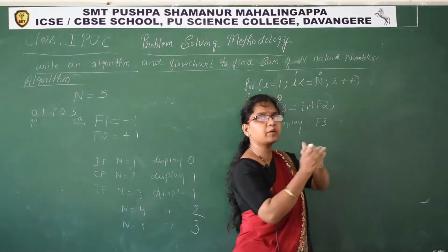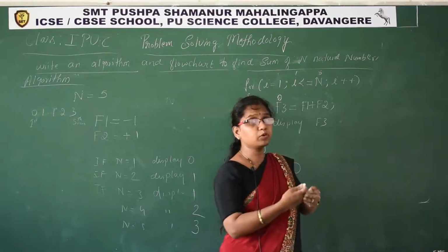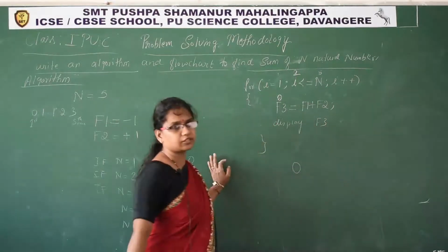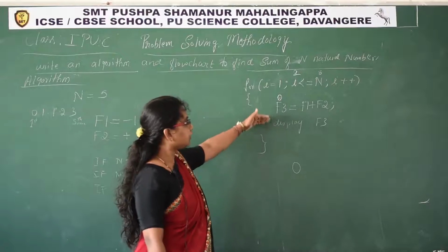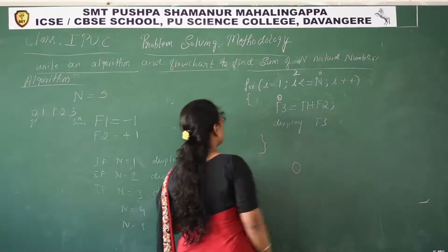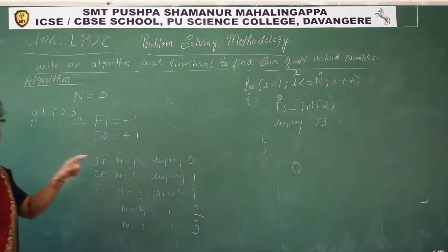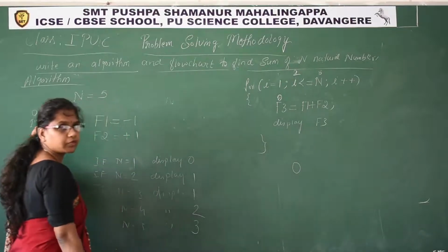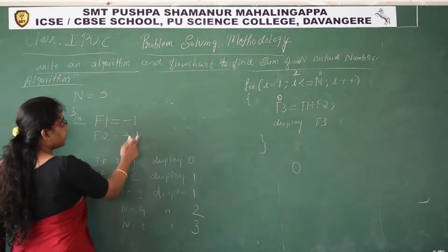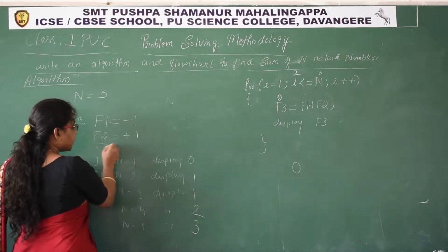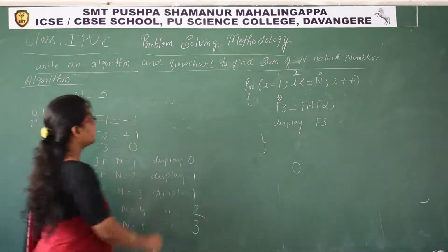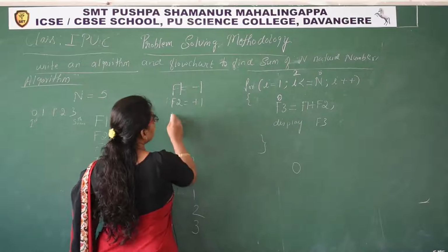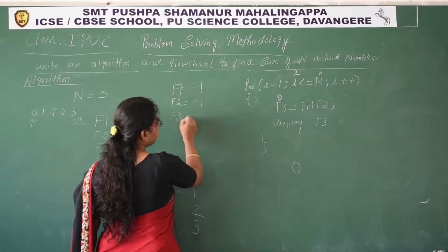I becomes 2. Now we need the second number, the second number has to be generated, the loop has to execute the second time, that's why I became 2. Now 2 less than 5, condition true. Now it enters. Now 0 number has been generated. Who should come next? 1 should come, right? Now look, by adding f2 to f1 we got f3, which is 0. f1 is -1, f2 is +1 and after adding these two we got f3 is 0.